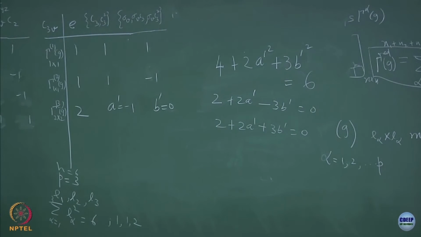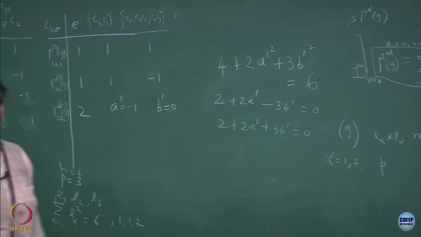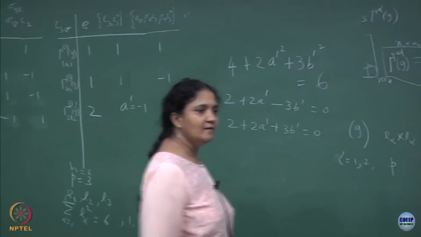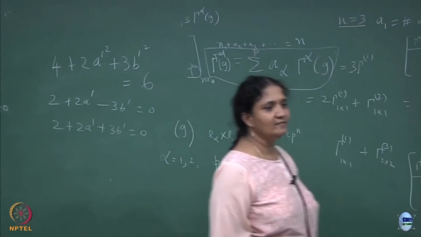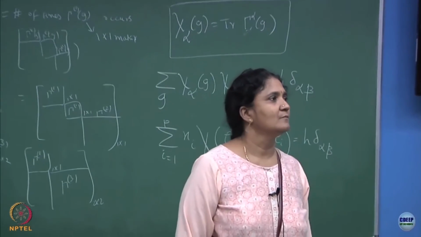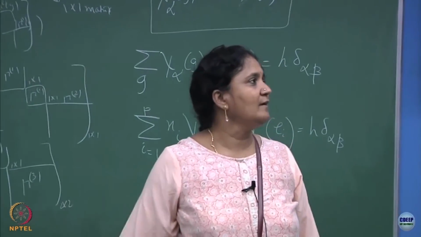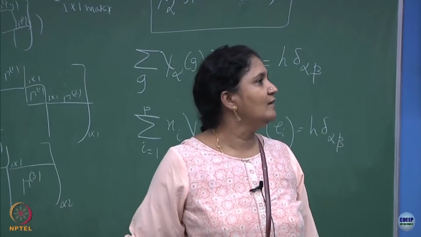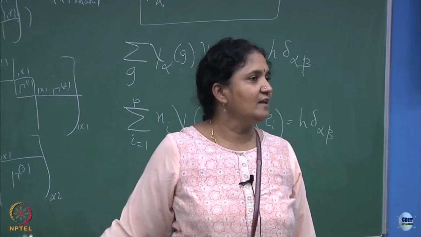Okay. There will not be ambiguity, even though I do not know how to prove it, but case by case when I take the discrete groups, I will find that the character table is unique. Okay. So, whatever I have written today is a character table for C2V, one is an abelian group,